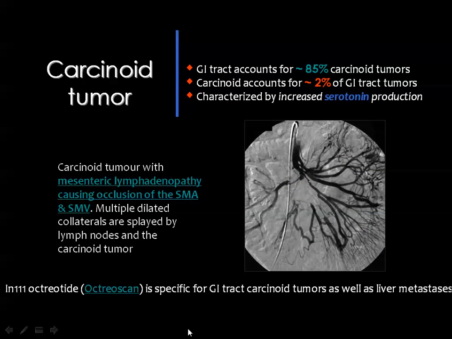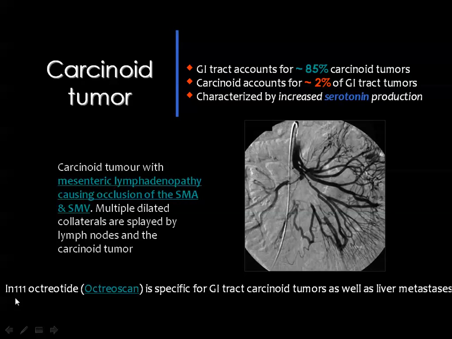And this is the case of carcinoid tumor with mesenteric lymphadenopathy causing occlusion of the superior mesenteric artery. This is the selective superior mesenteric angiogram showing the dilated collaterals. Once more, GIT tract account for 85% of carcinoid tumors, and carcinoid tumors account for around 2% of GIT tract tumors. And these tumors, carcinoid tumors, are characterized by increased serotonin production, and this scan, which is known as Octreoscan